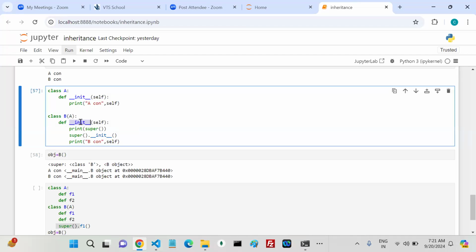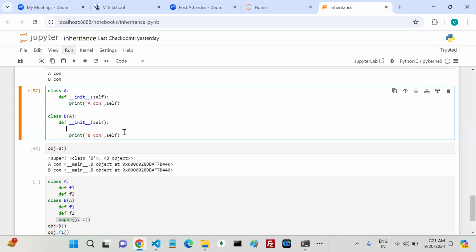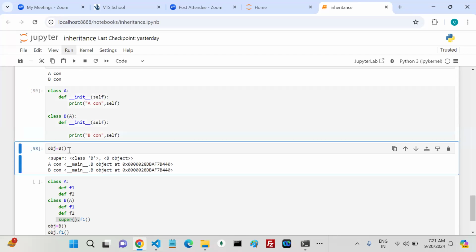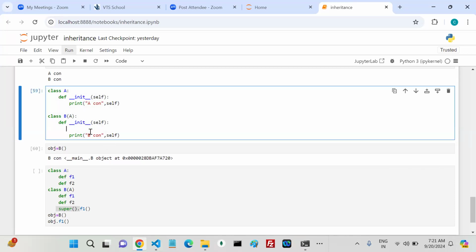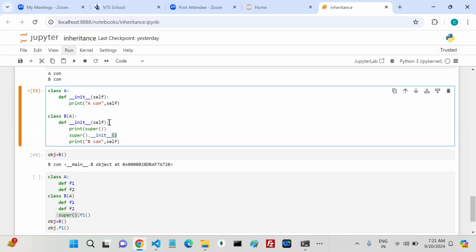Okay, first it is looking for the constructor. If it is there, then it is going to execute. So what is my output if the statement is not there? My output is like B constructor. That's it. Okay, now if I write like this, my super call is pointing to